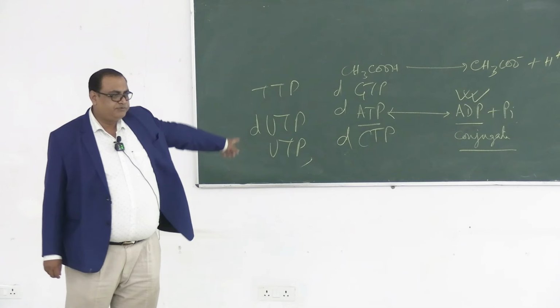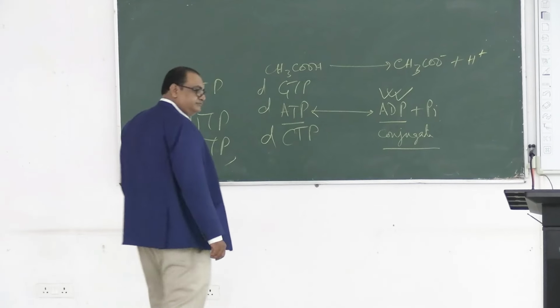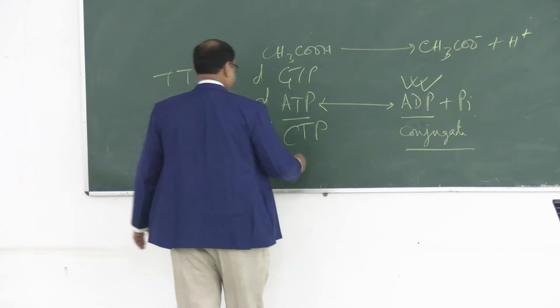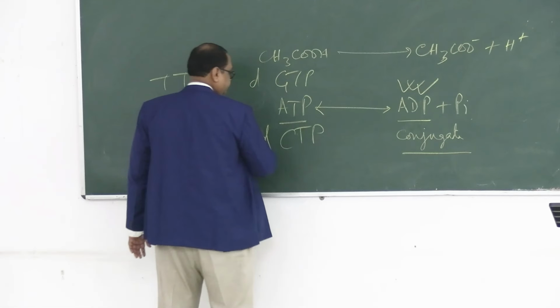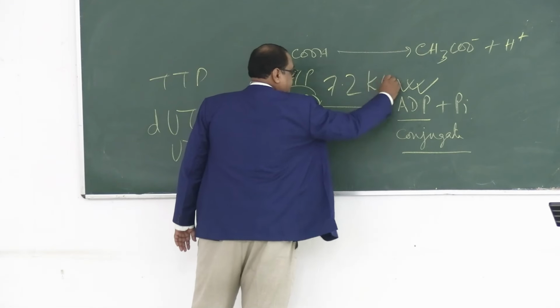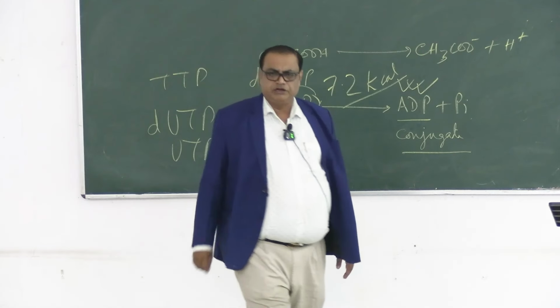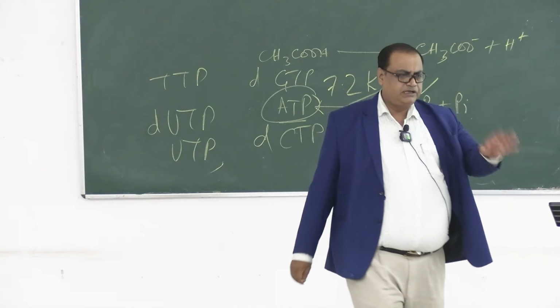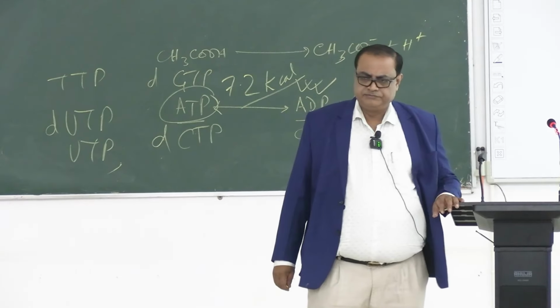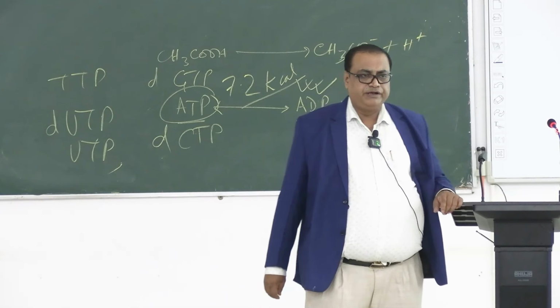How much energy does the breakdown of one phosphate from ATP produce? On an average 7.2 kilocalorie per phosphodiester linkage, or phosphate linkage, right? Phosphate bond. Phosphoenolpyruvate has got the highest,